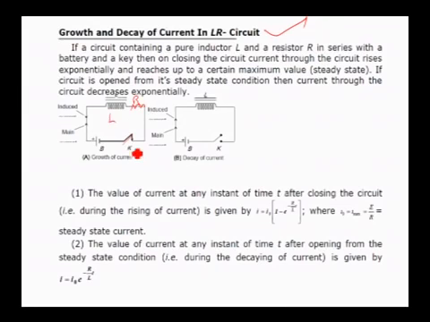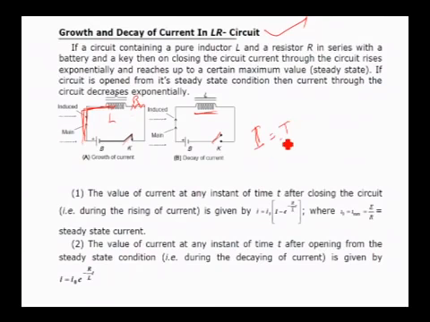Whenever the key is pressed, the current through the coil increases. But the increase in current is not steady, it is an exponential increase. Similarly, when the key is opened, the current through the coil decreases. Even the decrease in current is not steady, it is exponential. So the amount of the current variation, or the instantaneous current,